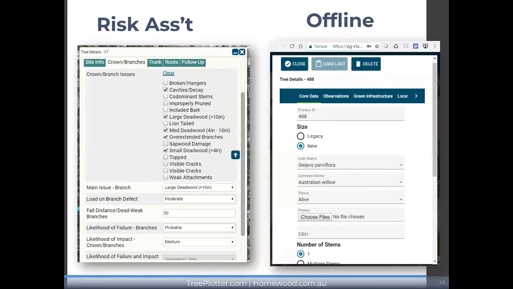We've had a lot of good feedback. I mean, the first thing I'll say is it doesn't do everything. It's very streamlined for data collection and for updating information, and for, like I said, creating new work. But it doesn't do the full work order management. It doesn't have the charts and the graphs and all of those things. It's a very trimmed down version of Tree Plotter. But